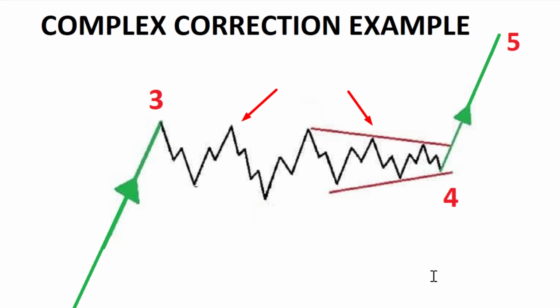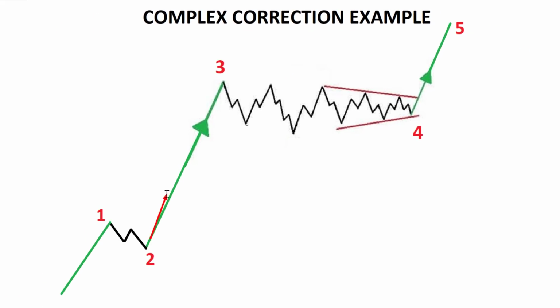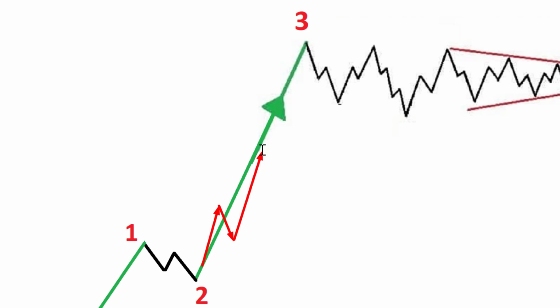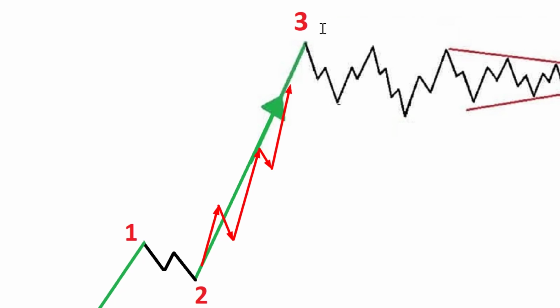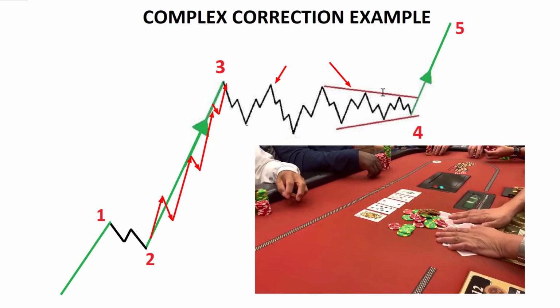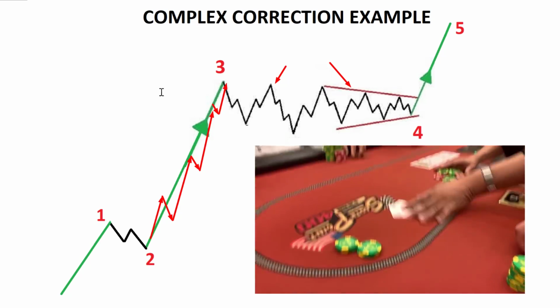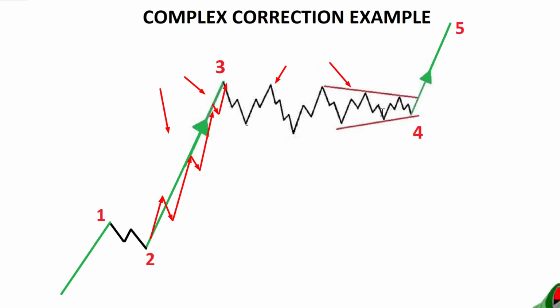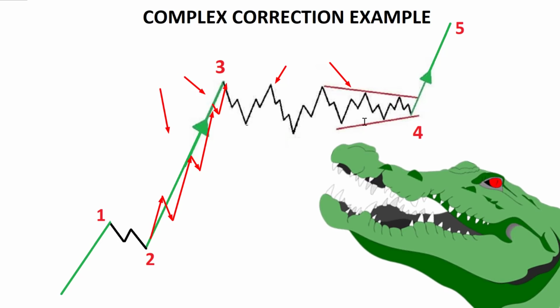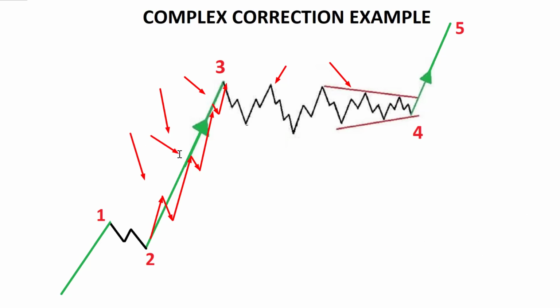All right, guys? So remember, wave 3 is a trending market. So you have a market that is trending up, making nice higher highs, higher lows, as you can see here. But often people don't understand that once wave 3 completes, what you have is a very messy wave 4 correction. This is where the house, the casino, takes back some of the money that people have made in wave 3. So the whole purpose of wave 4 is really just to separate you from all the money you made during the nice trending environment of wave 3.